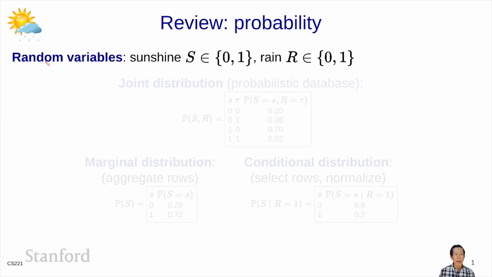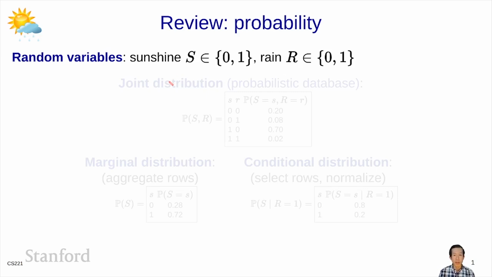So suppose we have some random variables. We have one called S, which represents whether there's sunshine, and another random variable called R, which represents whether there's rain. So you should think about a setting of values to S and R as capturing some state of the world. We don't know which state of the world we're in, so we're going to capture this uncertainty